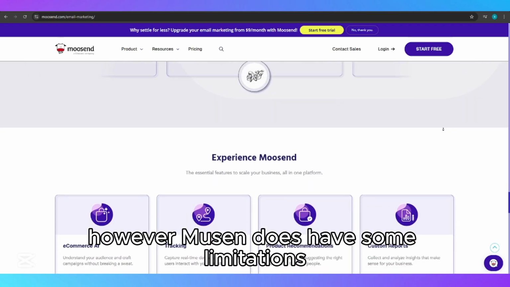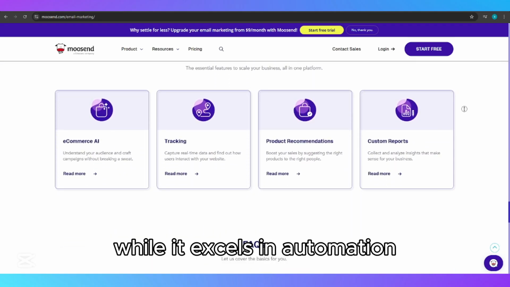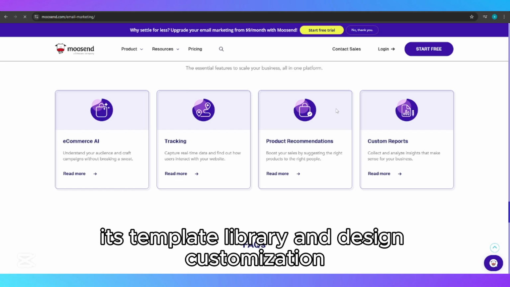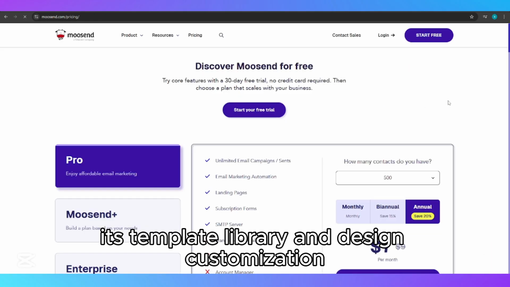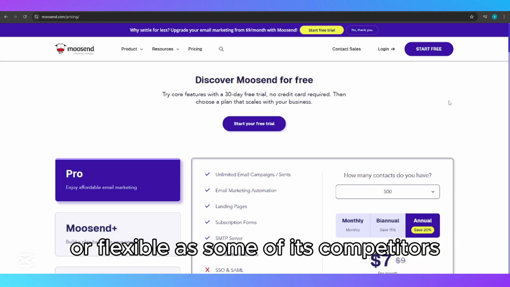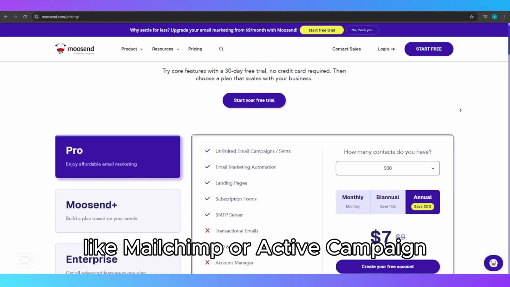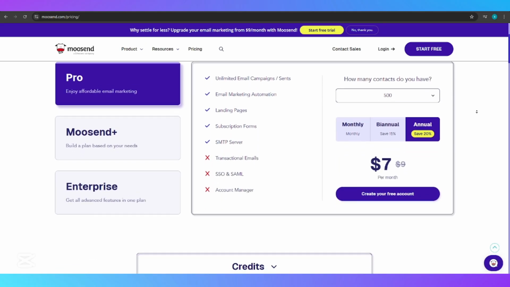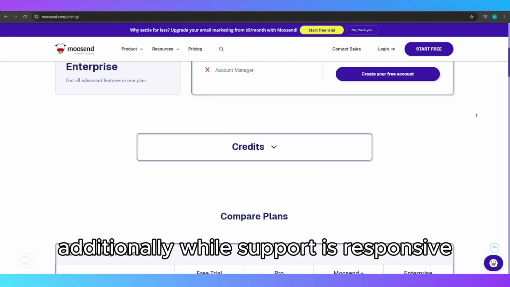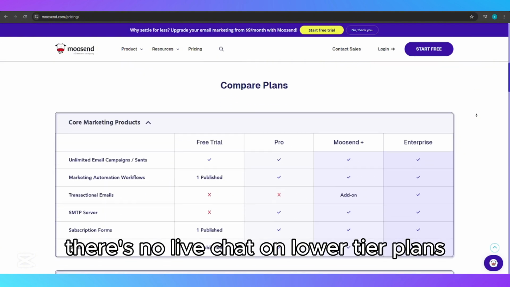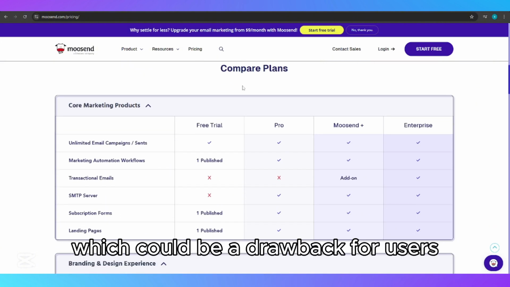However, Moosend does have some limitations. While it excels in automation, its template library and design customization are not as diverse or flexible as some of its competitors like MailChimp or ActiveCampaign. Additionally, while support is responsive, there's no live chat on lower-tier plans, which could be a drawback for users who